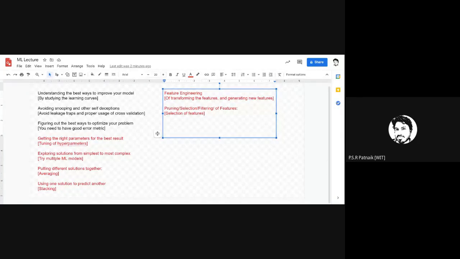So these two, which relate to the data aspect, feature engineering and selection of features, have a lot of effect on the entire ML model's performance. Any change in these two can also lead to much improvement in the ML model's overall accuracy and performance. There are some standard computational methods to give you guidance, but you need to always take into account the domain expertise. Without domain knowledge, ML doesn't make any sense, right?